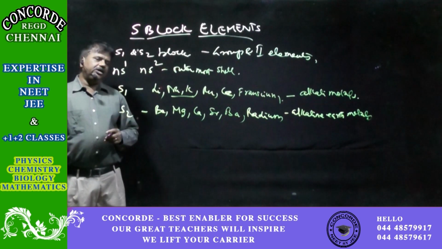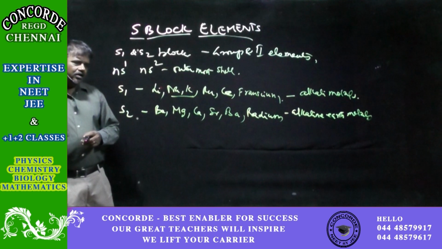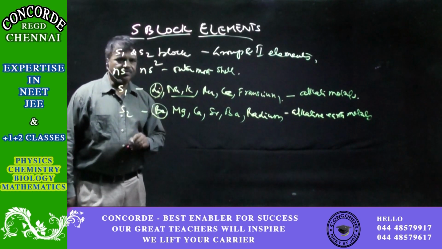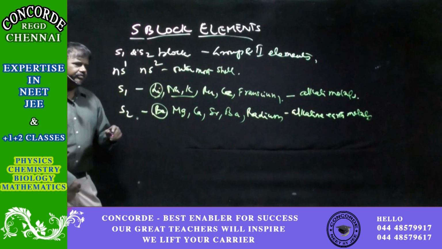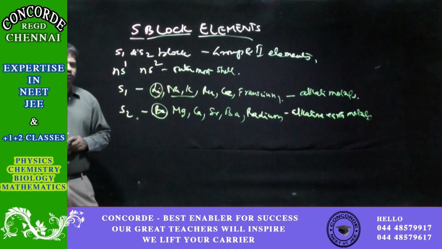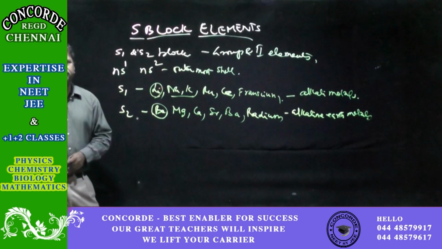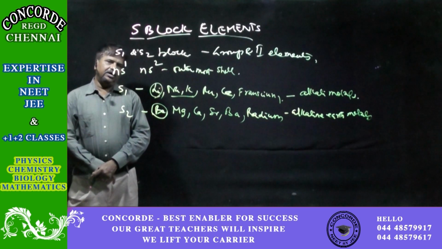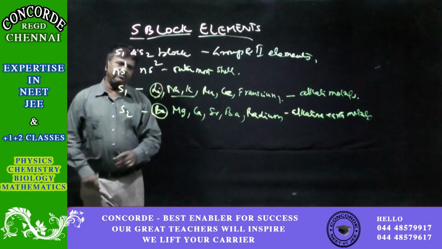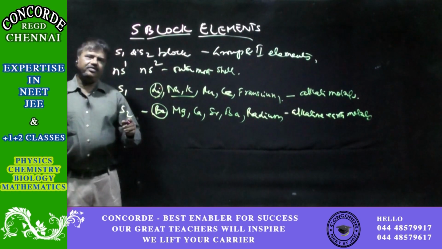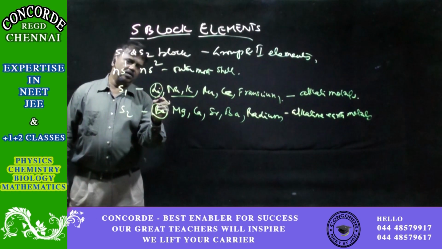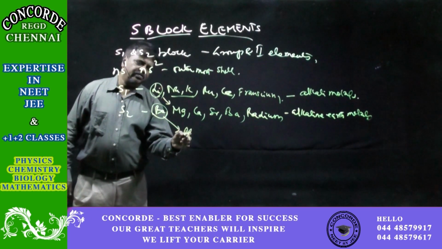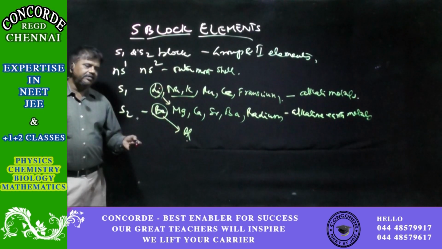Now, among these s1 and s2 block elements, the first elements, lithium and beryllium, are little exceptions to the other elements because of their very small size. Because of their small size, their ionization potential is very high, and so their properties will not grade in proportion down the group. Lithium will have more similarity with magnesium, and beryllium will have more similarity with aluminum, which is in the third group, or group 13.